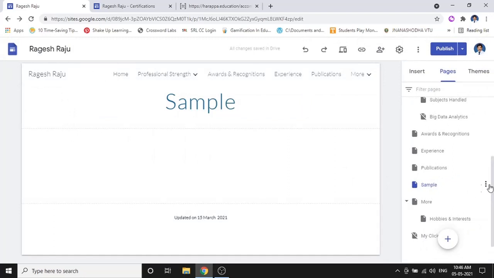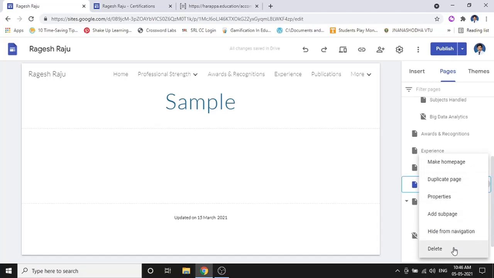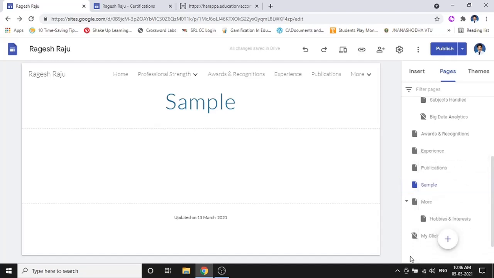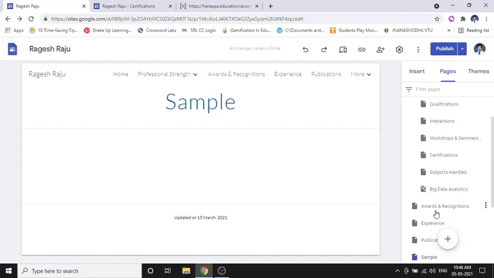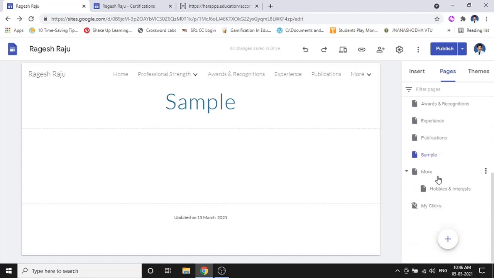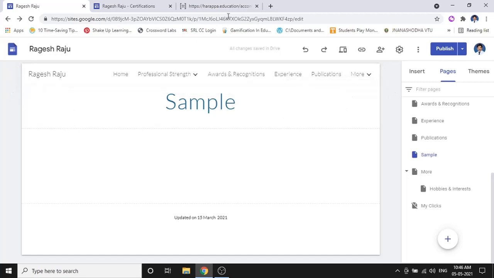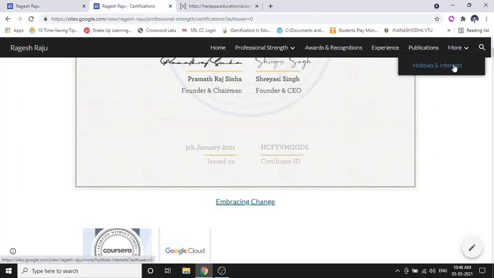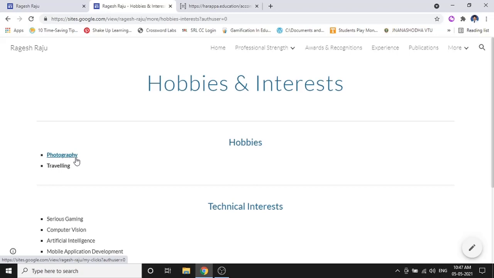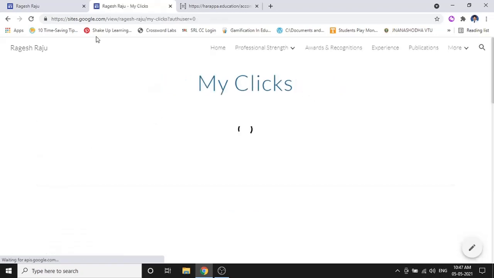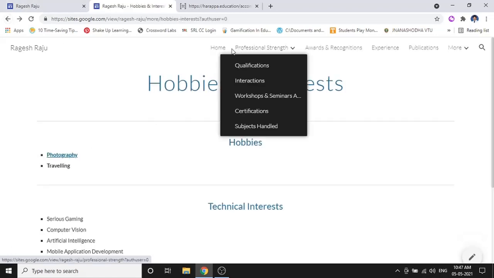I'll delete this particular page. If you want to delete it, you have these three dots here, click on that. You have an option called delete. One more thing, you can see there is something called hide from navigation. For example, there is a page called My Clicks. When I click on more, hobbies and interests, and then photography, the My Clicks page will come, but this page is not displayed in any of these menus.